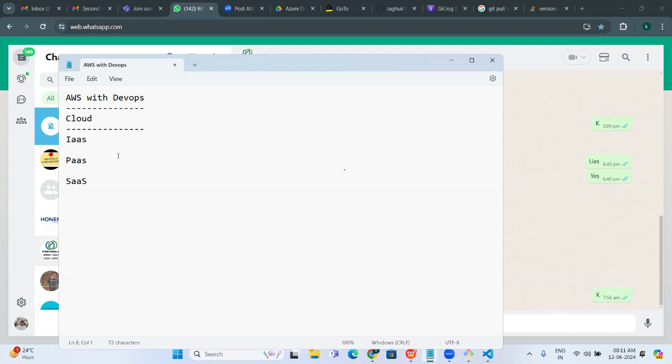What is meant by public cloud? Anyone can create an account and start using it. In AWS you can create an account and start using, in Azure you can create an account and start using. That is a public cloud, and they pay as they use.